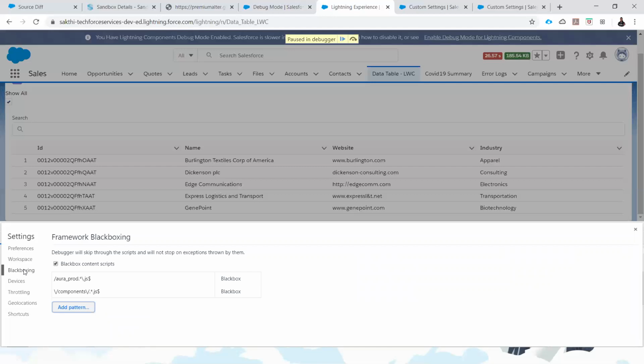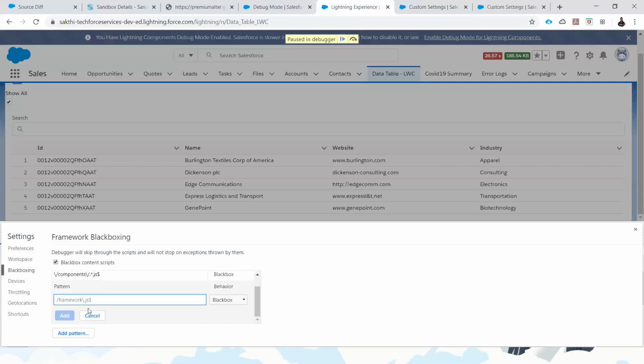So whenever any exception happens in any of your components, or in the library components from Salesforce like aura.js, if you want to skip those scripts, you can use this blackboxing to add your JS file while clicking the add button.